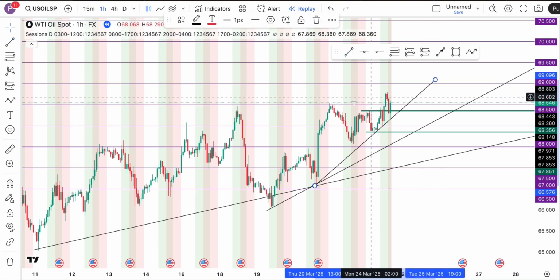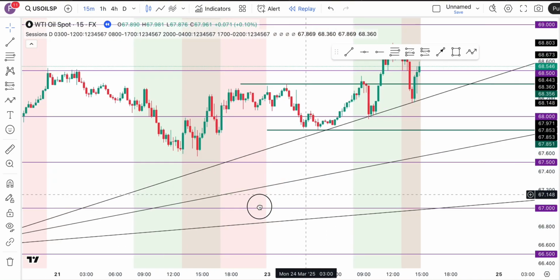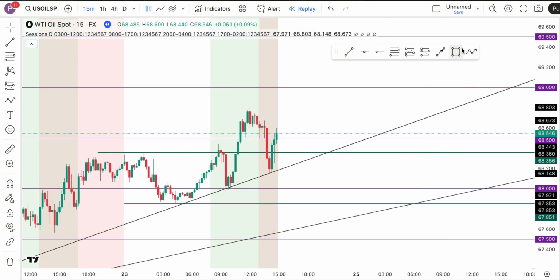So this is the reason why you have to do top-down analysis very well. So let's go to 15 minutes and let's look for entry. On Monday, usually, you won't find trades with this strategy. But once I see price somewhere around here,